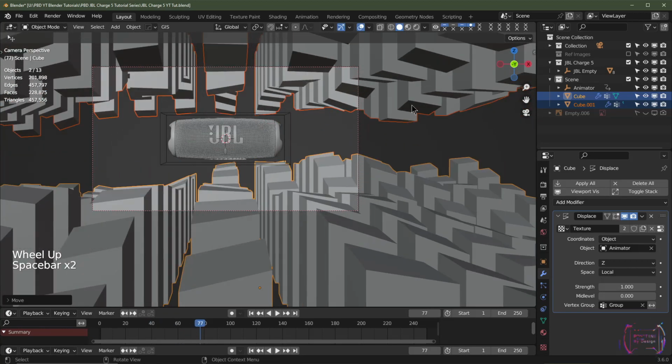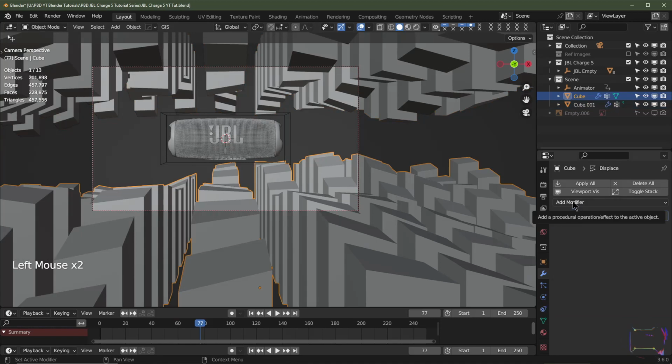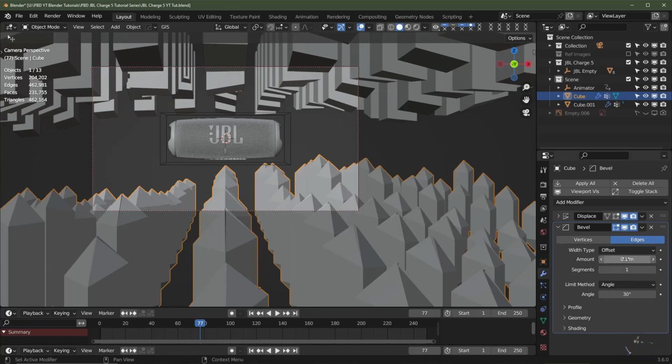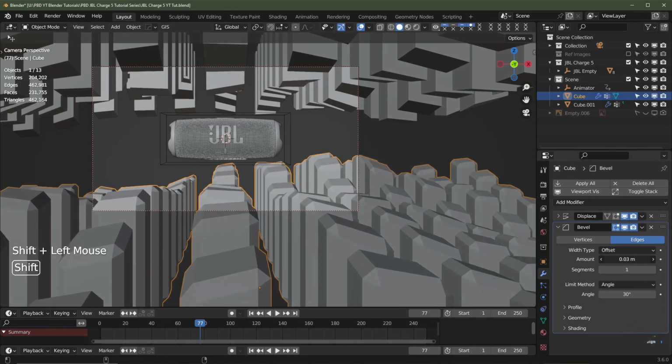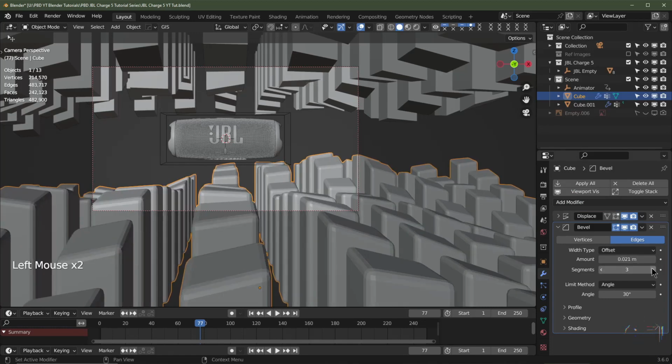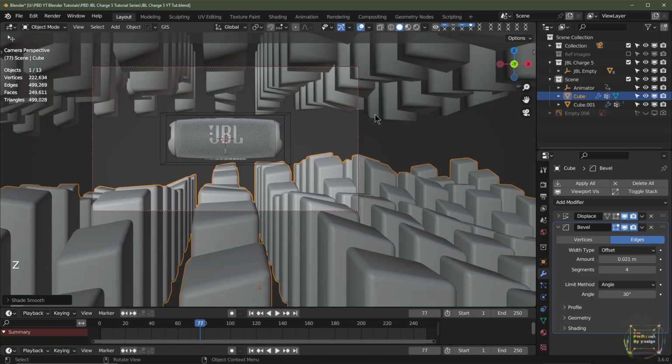Okay. Right, to make these look a bit better, they're a bit tight at the moment, I'm going to add a bevel modifier, and we'll reduce the size of the amount down to around about there, and maybe we'll give them some more loop cuts here, like segments. Hit Z, shade smooth, and then